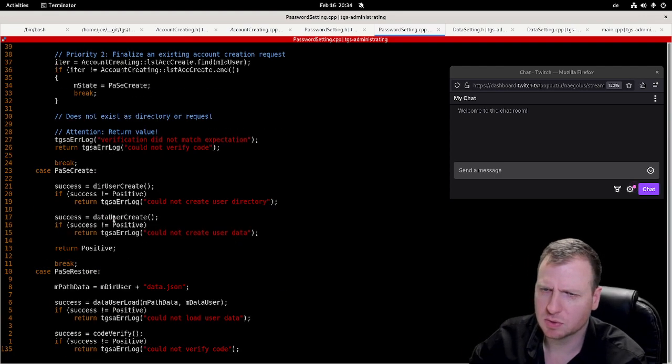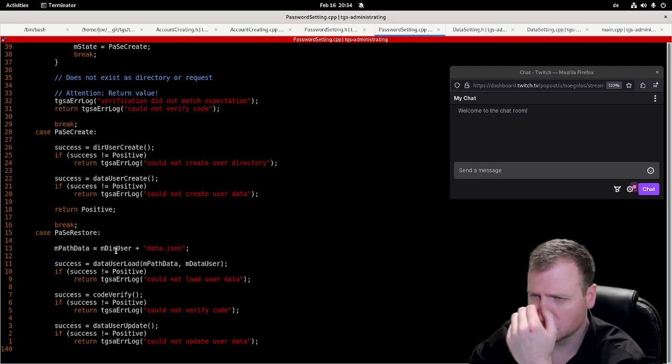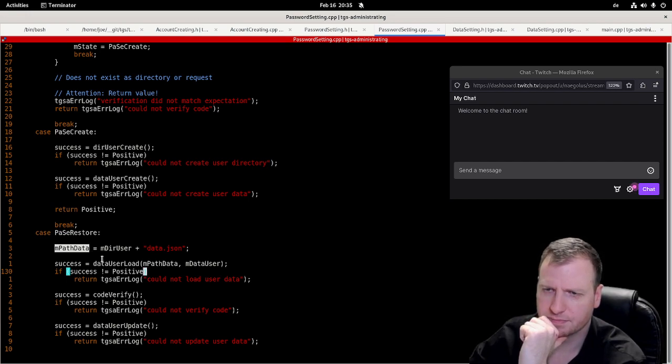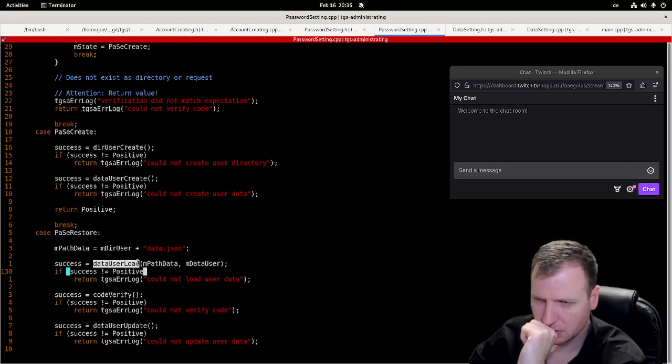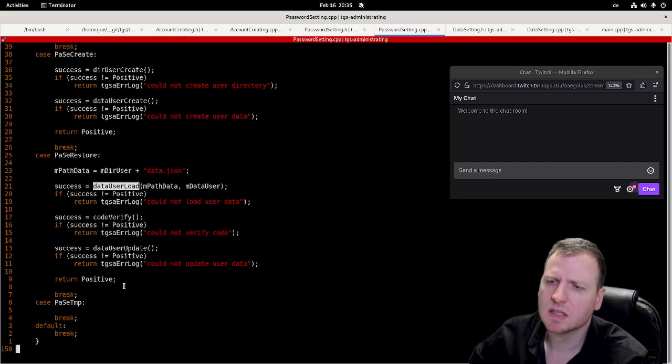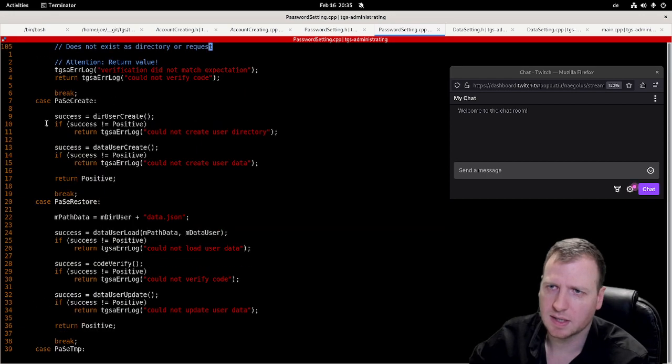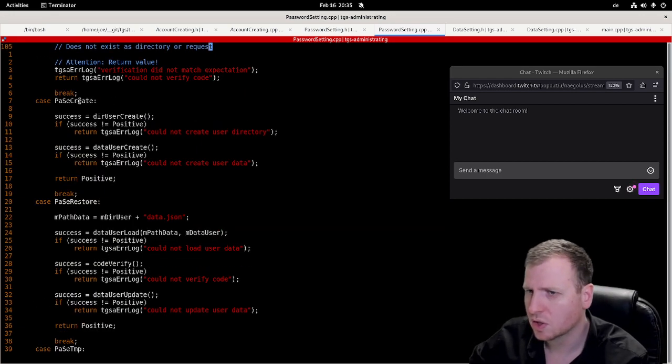So the first one is to restore. What do we do if we create the path to the user data? We load the user data, then we verify the code, and then we update the user data. If everything is fine, then return positive. And in the creation case, we have